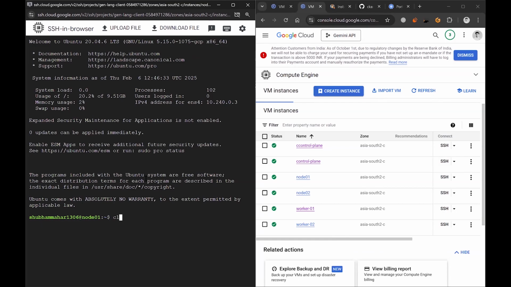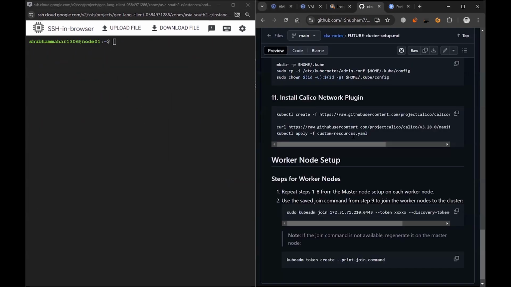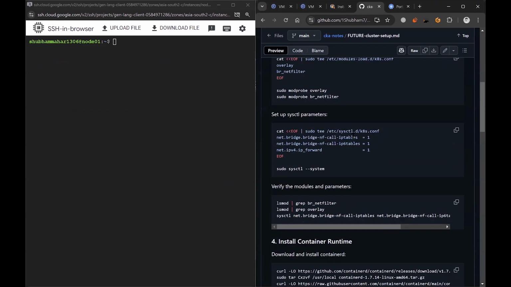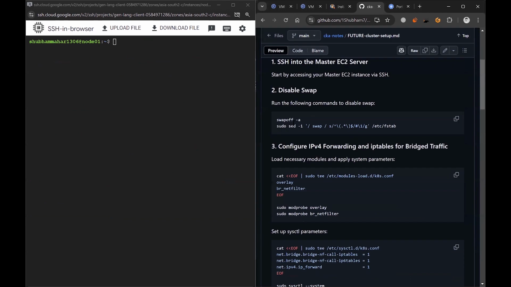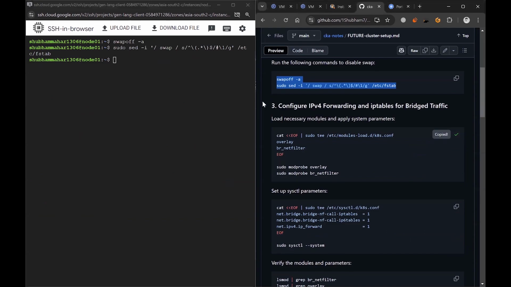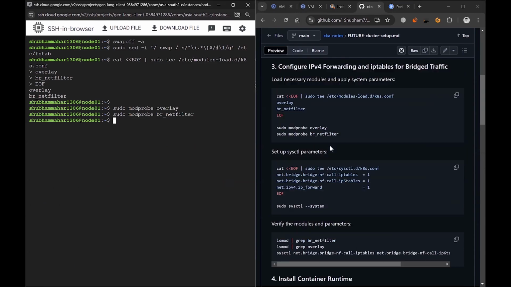Let me clear everything and let me also go back to this part. So now we will go back and we'll have to run the similar commands again. So disable swap, I'll do it really quickly this time. And then the IPv4 forwarding and iptables for bridged traffic, enter,